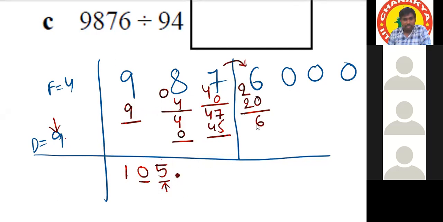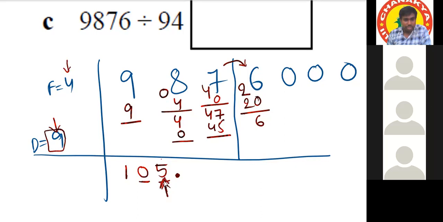Sir, after keeping the decimal, we got 5, 6. You can take 5 5s also, right, sir? Sorry, which one? Sir, 21, you took 5 4s are 20. You can take 5 5s are 25 also, right? In which one? 26. Yes, sir. In 26, we are not dealing with the divisor, we are dealing with the flag. Oh okay, 5, we are multiplying with the flag. 5 4s are 20.